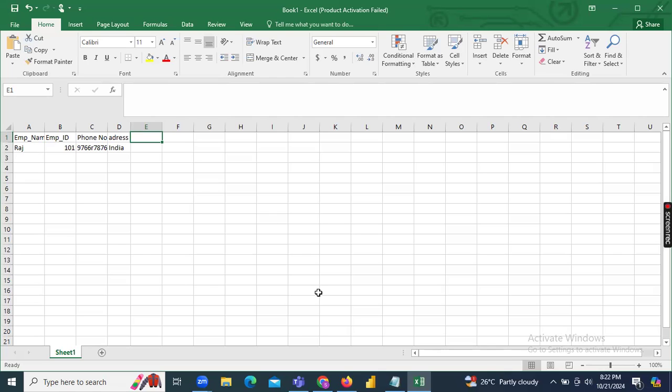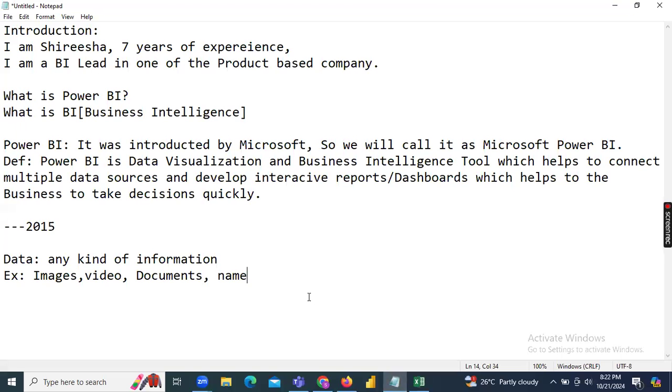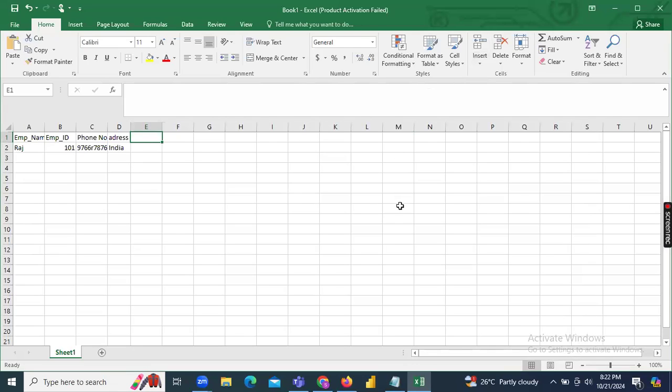Now I hope you understand what a data source is. Using Power BI we can connect to multiple data sources, guys. Observe that Excel is one of the data sources. In the same way, we have different data sources in the market. Oracle is one data source, then CSV files, PDF file formats. We also have online, cloud-based sources like Azure and AWS. I will tell you in Power BI how to connect to these types of data sources.